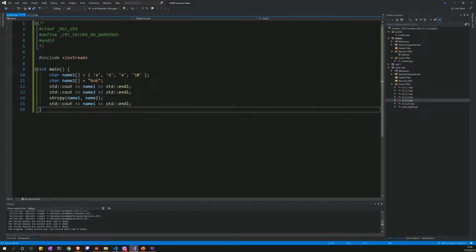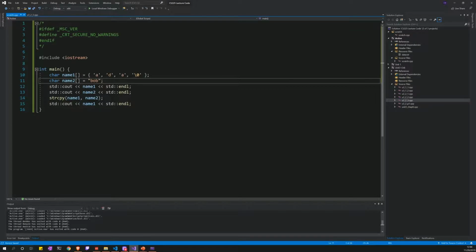So I've got this example teed up for us so we can test it out. Here you can see our main program where we've got two named character arrays, 1 and 2, and we stored Ada and Bob, again using the two different types of initialization just so you can see it. And then we're going to print out those names, and then we're going to copy name 2 into name 1 and then print out name 1 just so you can see the results, right? So if we try running it,